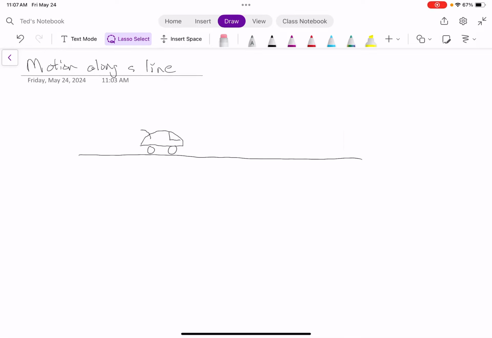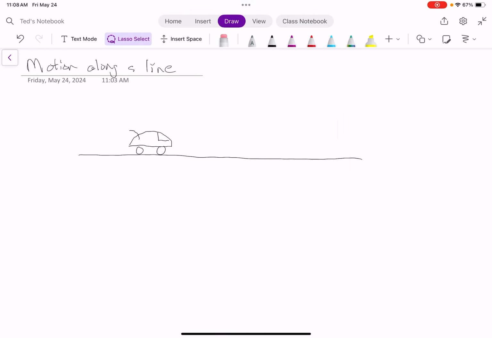The very first thing we want to do in a physics class is to describe how objects move. So we're going to start out restricting our object to move along a straight line. If my object is this car, we're going to say it can move back and forth along this straight line, but it's not allowed to move up or down or left or right. It can just go forward and backwards along the line. Later we'll talk about what happens when you can move in multiple dimensions, but this is motion